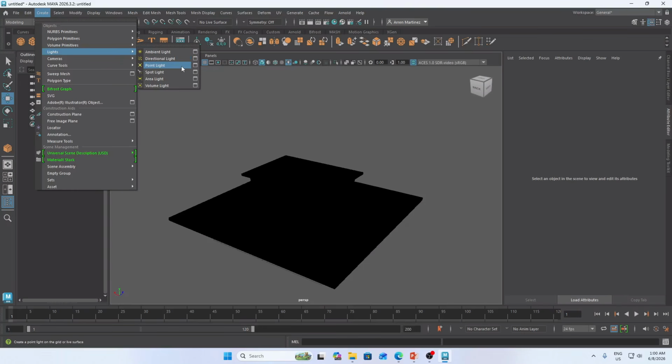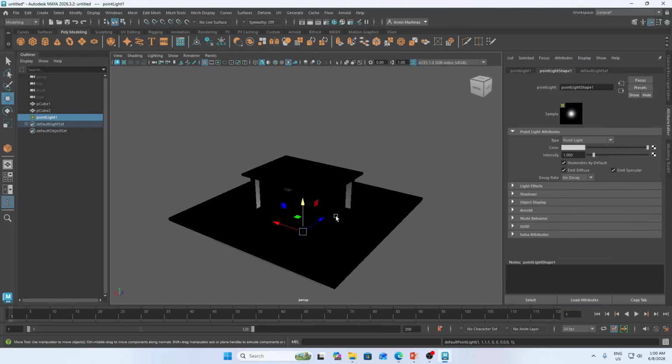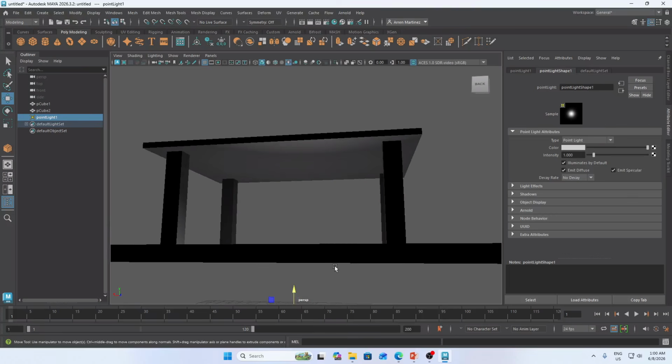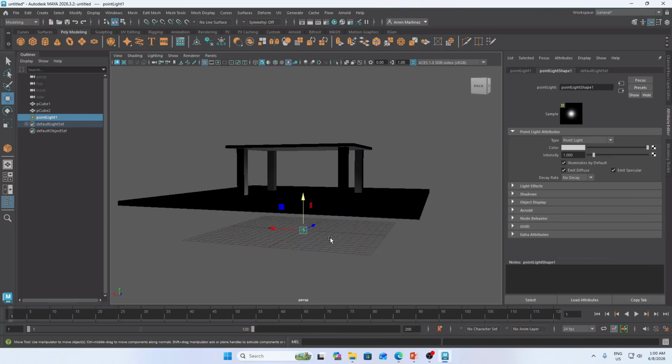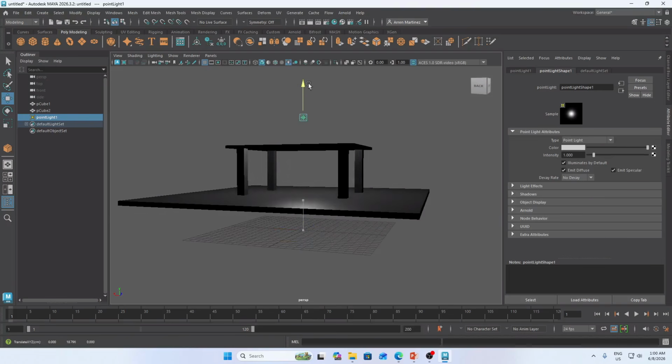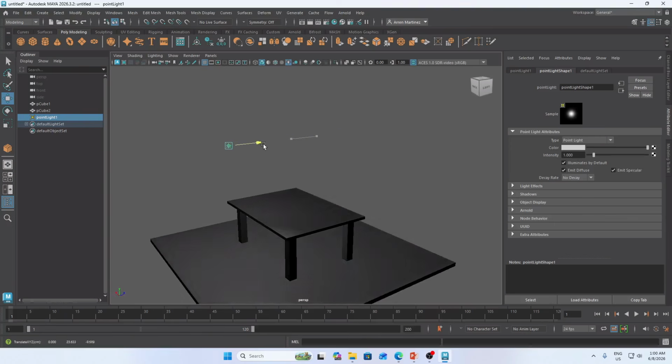I know you're familiar with the spotlight. For example, point light, I place it here. The default location is in the lower part, so just move it up, and here you go.